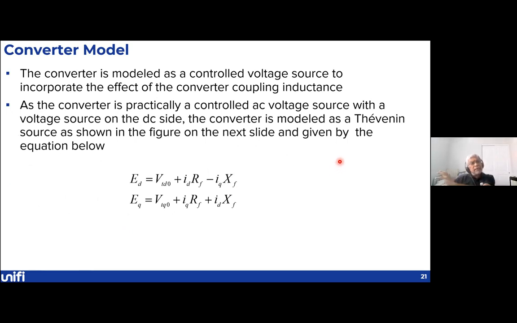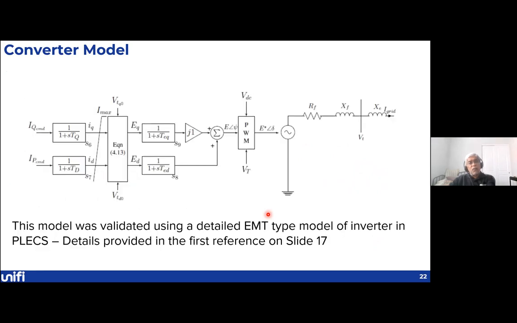And the converter's interface to the network is modeled as a controlled voltage source rather than a current source as in the original model, because the converter is basically a controlled AC voltage source with a voltage source on the DC side. And so we modeled this as a Thevenin source with the following D-axis and Q-axis voltages. And that's how we interfaced the model with the network. So here is the network solution, and that's how we interface this model with the rest